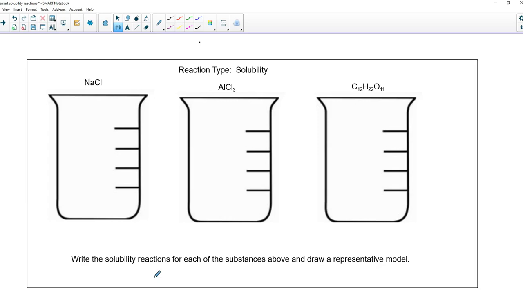Write the solubility reaction for each substance above and draw the representative model. Anytime that you can do something on your own without me, I would strongly encourage you to pause the video and do it, and then watch me do it. So NaCl, the equation would be NaCl goes to,